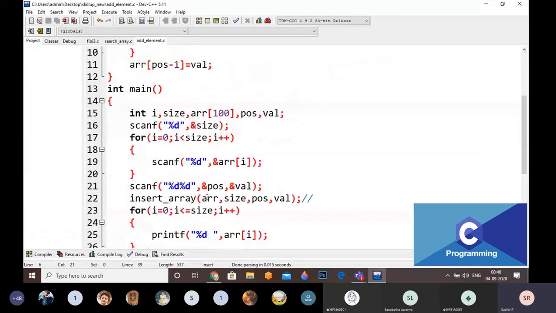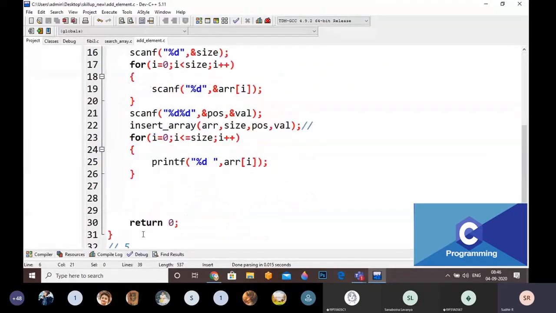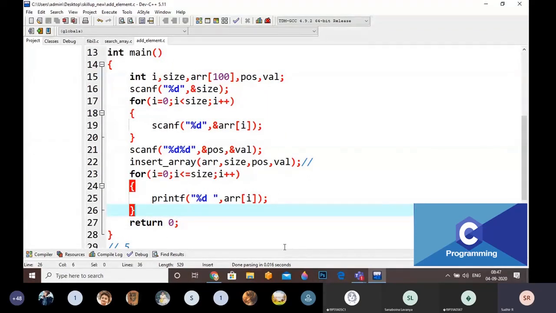Just note it down in the main function first of all, everyone. If any modifications are made on the array, they are directly applicable to the array in the main function also. Why? Because we are passing it as an address, not the value. That's why it is working perfectly.